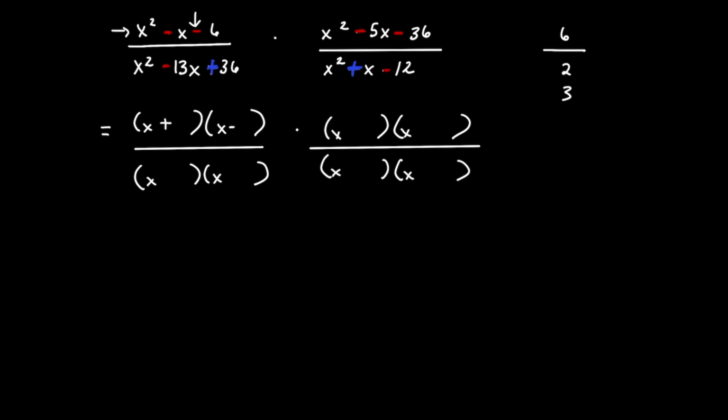Then we're going to look at the factors of 6. We could do 2, 3, 6, 1, but we want something that comes together to equal negative 1 for that middle expression. So 3 and 2 will work, and we want our larger number to be the negative. Looking at the bottom expression, we have a positive, but then there's also the first number is a negative. So that is going to be a negative and a negative. And that's really the only situation where you have a negative and a negative is if the expression has minus something x plus a constant